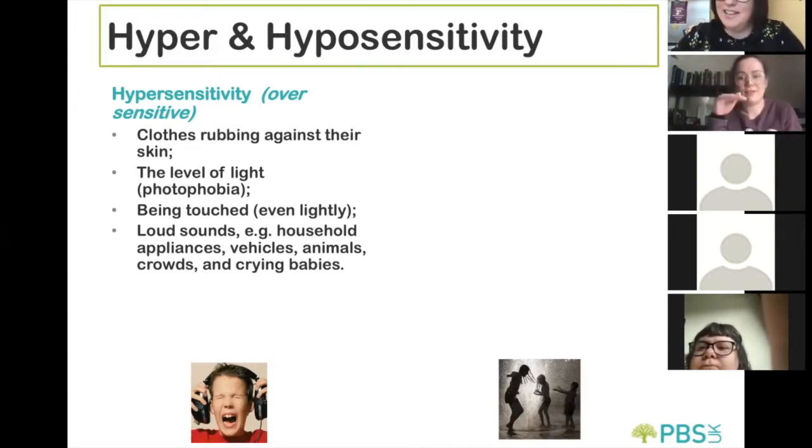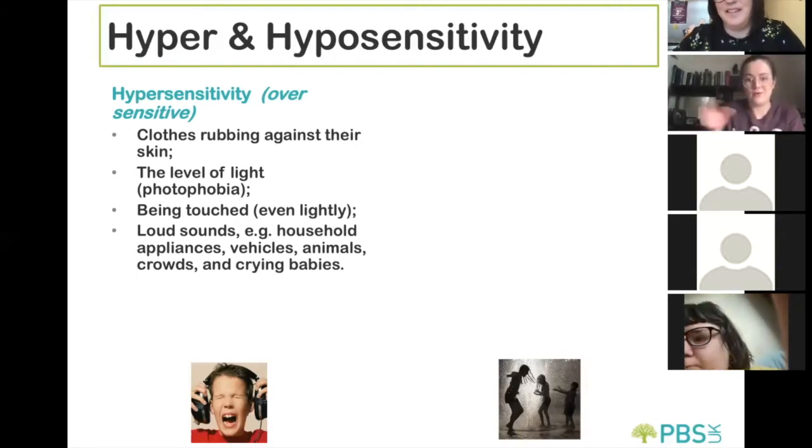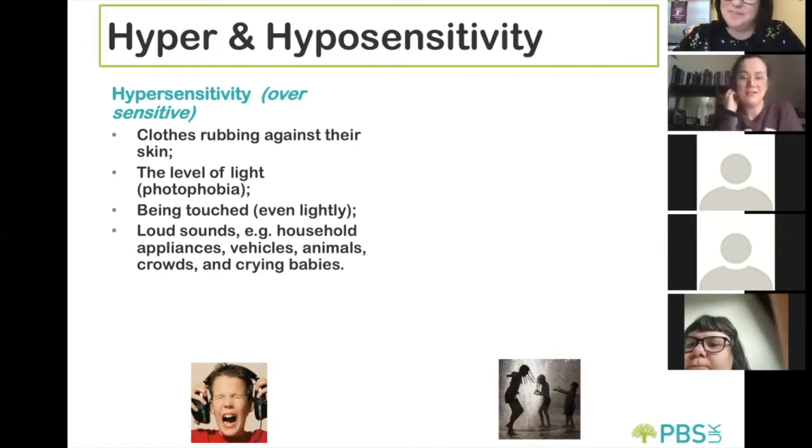Another thing, I don't know if I'm jumping the gun a little bit, is not being able to do anything about it. So I don't like labels in my clothes, but I can take it off and cut it out, or I can ask someone else to cut it out for me. So then I've got rid of the problem straight away. Whereas somebody that can't communicate that they want the label gone has got that irritating them all the time, but they can't explain or can't do it themselves to get rid of that irritating feeling. So in addition to having the uncomfortable feeling, there's also not being able to do anything about it yourself.